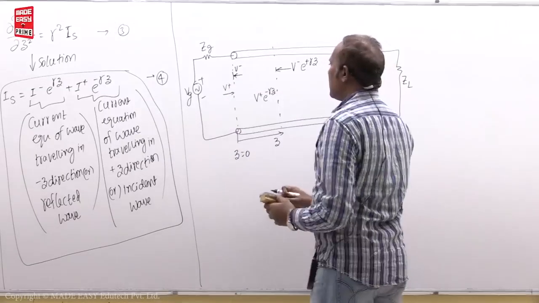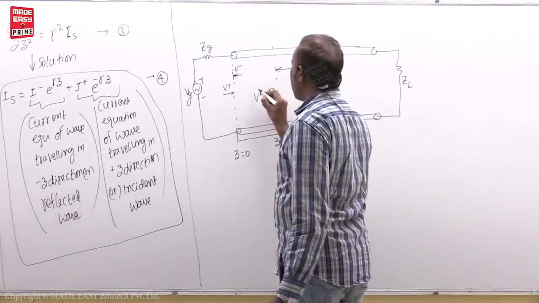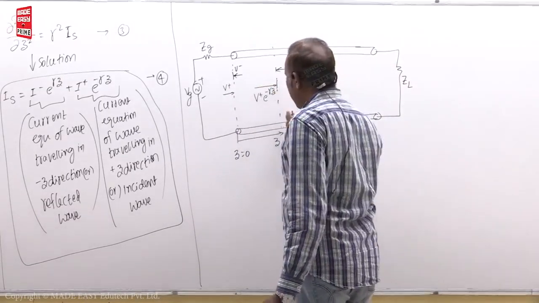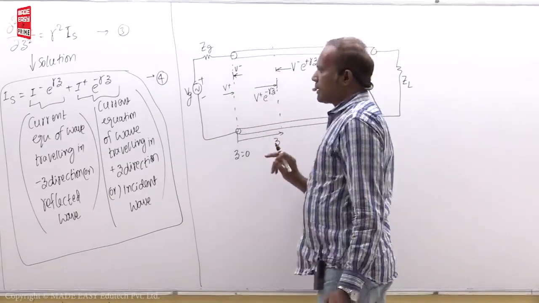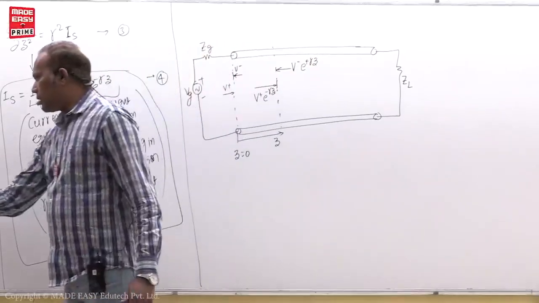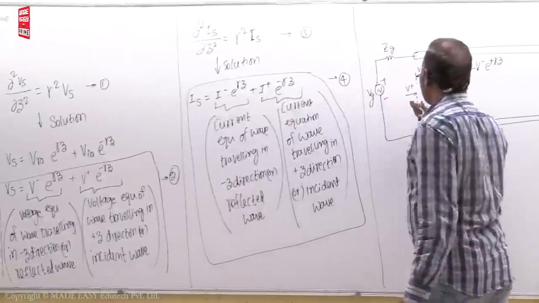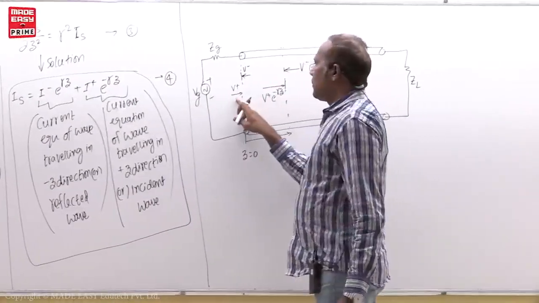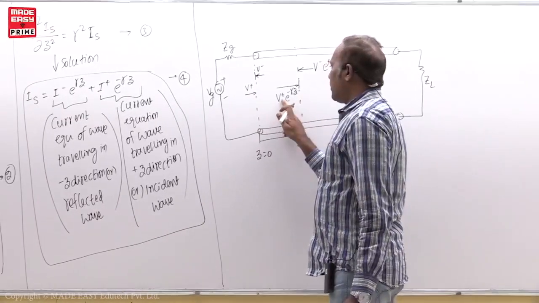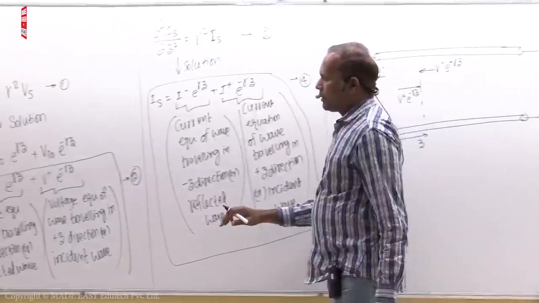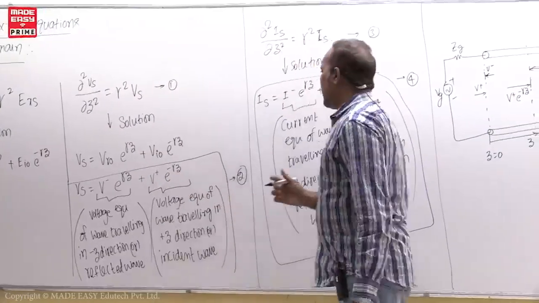Now when this voltage comes to z distance on the transmission line, this becomes V⁺ e^(−γz). That is the meaning of this one. At z = 0 the incident voltage is V plus, and when it travels z meters of distance, it has become V⁺ e^(−γz). Similarly,